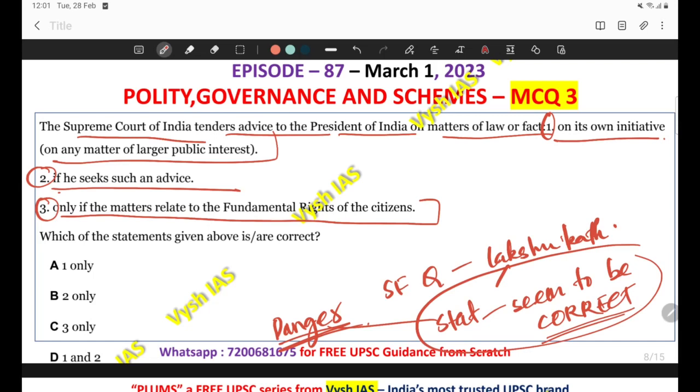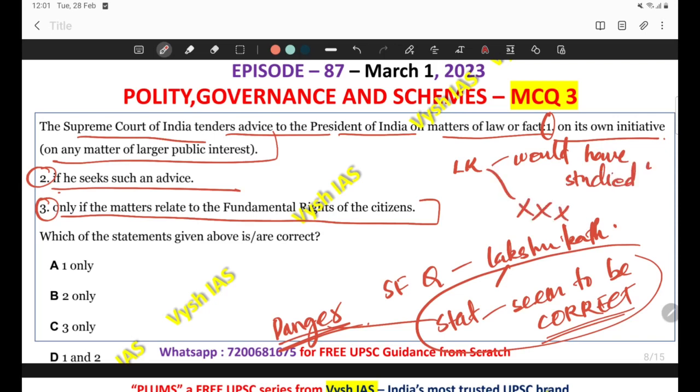So in these types of questions, whenever you read a question and find that it is directly taken from Lakshmikant, you can go with whatever is stated in Lakshmikant, which you would have studied. If and only if that option is there, you can go with that. Other options you can mark as incorrect only.